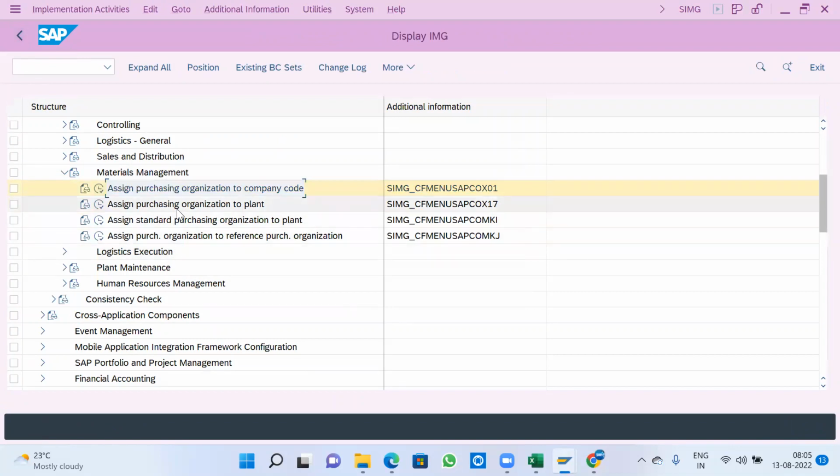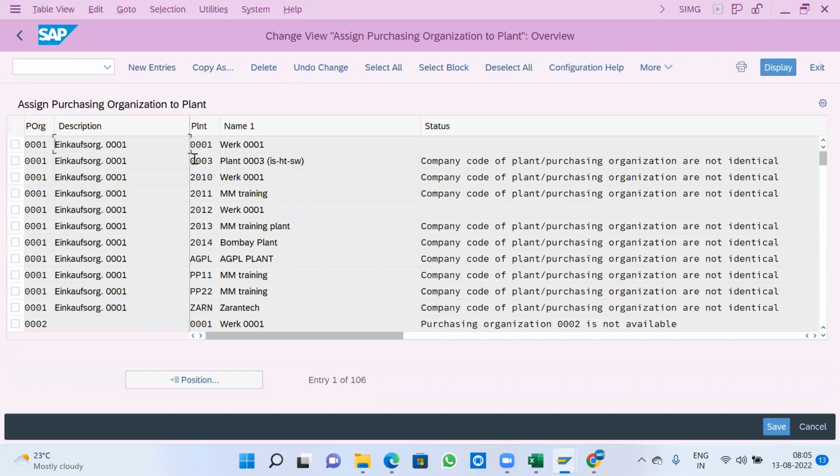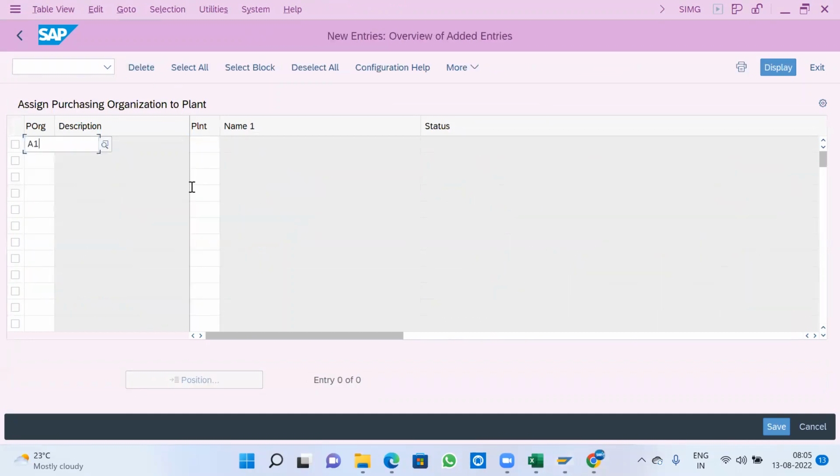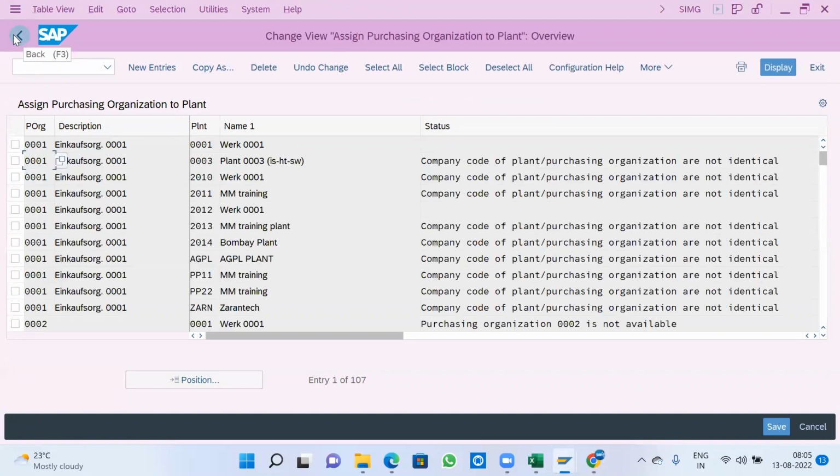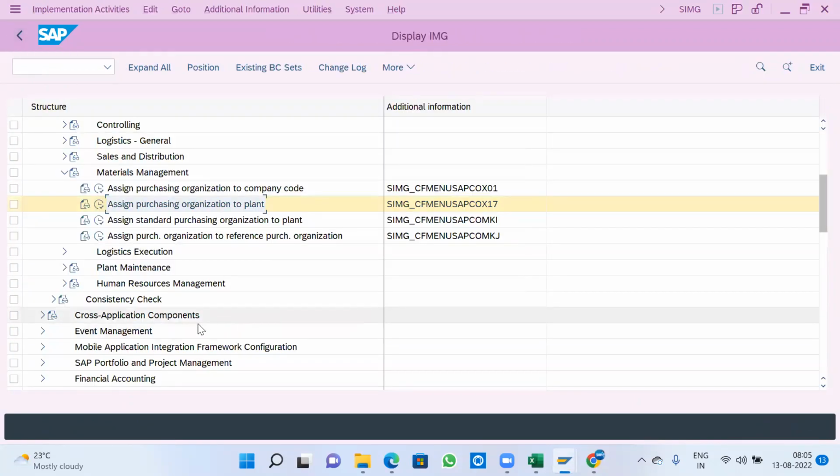Next, the same purchasing organization. If it is a plant, a manufacturing plant or depot plant, whatever it may be, if we are procuring material through this plant, we need to link with this plant. New entries, purchasing organization and plant. Central purchasing organization and plant. Save. Back. Next,